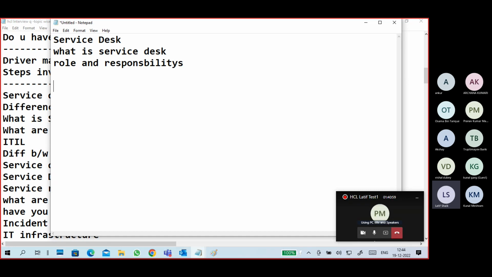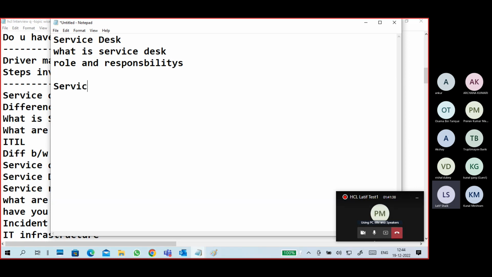Service desk will provide initial support to the customer, resolve the customer's issues, and provide information to the customers. The service desk also maintains infrastructure, finding issues with the alerting system and infrastructure monitoring system. When any issue occurs, they immediately create a ticket and forward it to the particular technical team. So this is about a service desk.